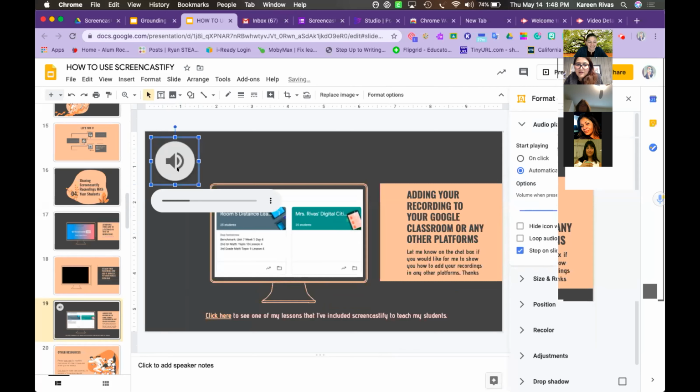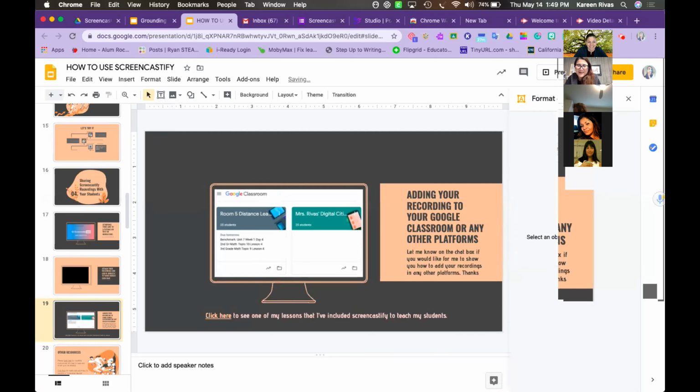And then it's just going to play by itself, or they can just click play. And I instructed them if they want to fast forward, they can fast forward like this, and they can replay it anytime they want. Okay, so audio is one of my favorites because I read out loud to them and I can just show the picture on the slide and they can just hear my voice and not some other teacher's. Okay, and so here is an example of my lesson that I use